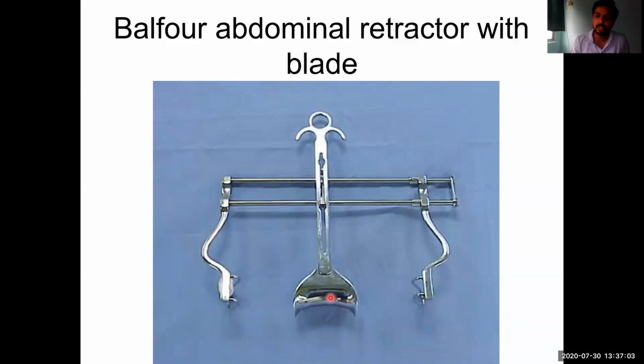Even if you use this third one towards the pelvis, you can do pelvic operations also. This will be comfortable. You will retract the bladder with the third one, and these two blades are used to retract the walls, and the third one either to retract the superficial structures like liver, stomach, or to retract the lower inferior parts like the bladder and other pelvic structures. Okay.